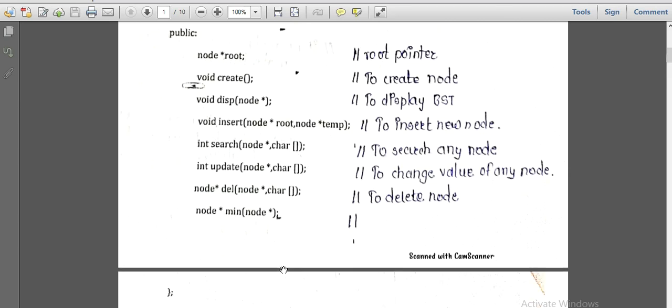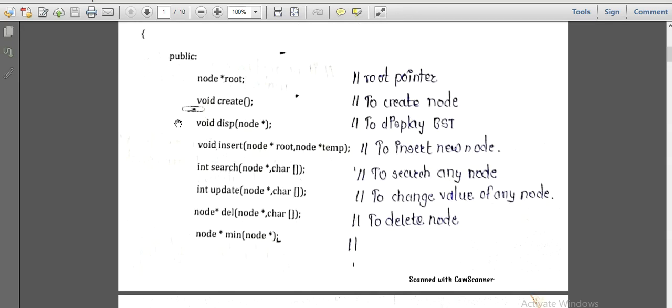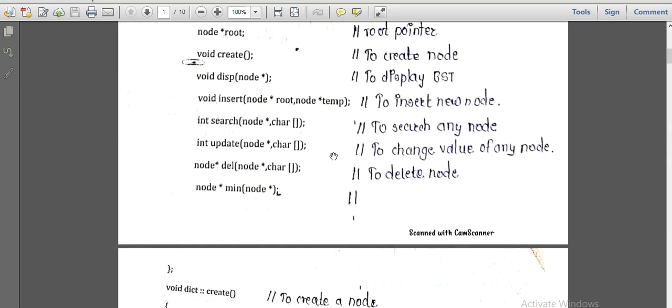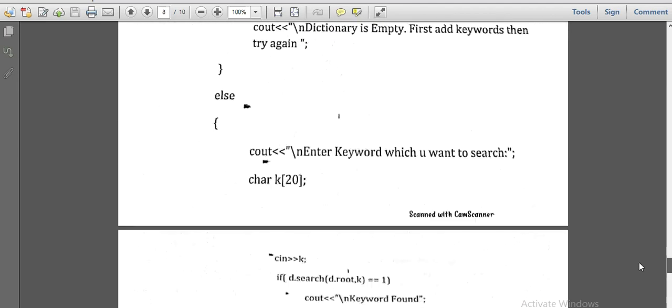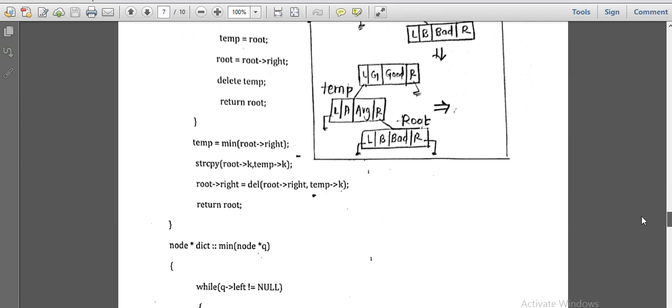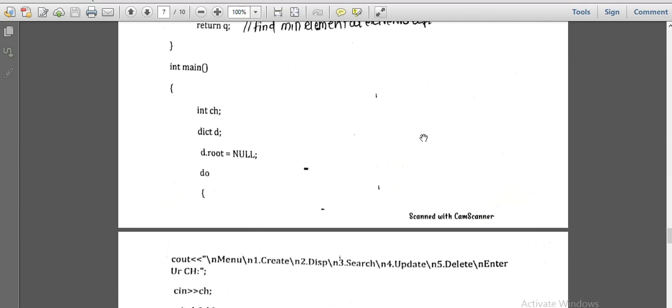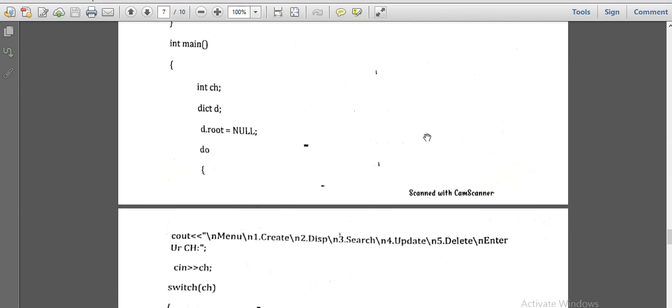This is to find the minimum node in a tree likewise. So here we have declared some functions, and after the declaration of a function we have to write down the definition of that. But before going towards the definition, first we'll understand what the main function is, because every time we run the program it starts executing from main. So we have to move directly to main first, and then we'll continue with the definition of the functions.